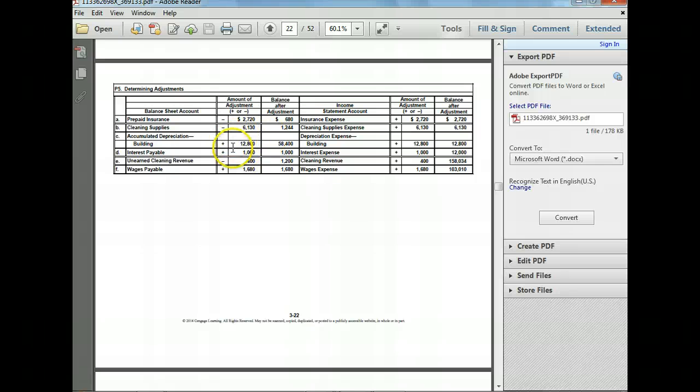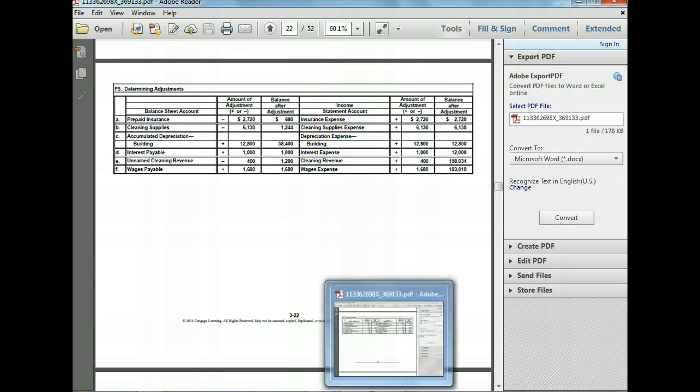We're going to increase this $12,800. But remember, our previous balance was $45,600. So when we're done crediting this accumulated depreciation account, our new balance will be $58,400. Now on our income statement, we'll show a depreciation expense for the building of $12,800, which would be a debit,